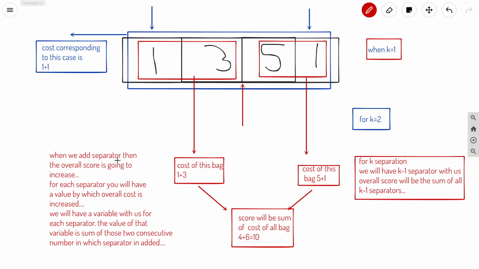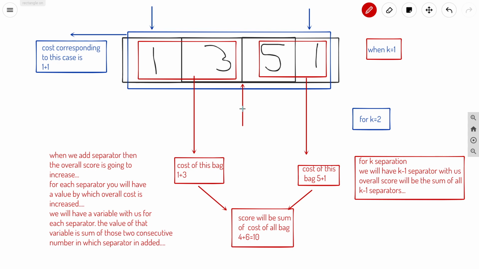So for this, we will find the values associated with each separator, and we will store them in a vector. The vector will be named sepCost, and we will store the value associated with each separator in that vector.